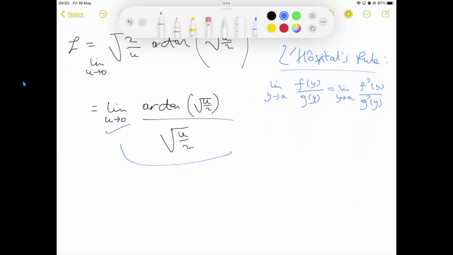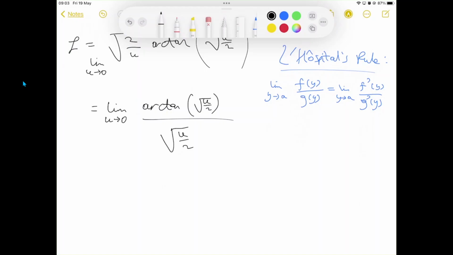What's the purpose of using this rule? Well, if we were to sub in 0 for u immediately into our limit, in the numerator, that's not a problem. You get arctan of 0, which is equal to 0. The issue lies in subbing into the denominator. You get root 0 over 2, which is 0. And you end up dividing by 0, which is kind of illegal. So you end up with a 0 divided by 0 situation. And that is indeterminate. It could land you quite a hefty penalty. Anyway,